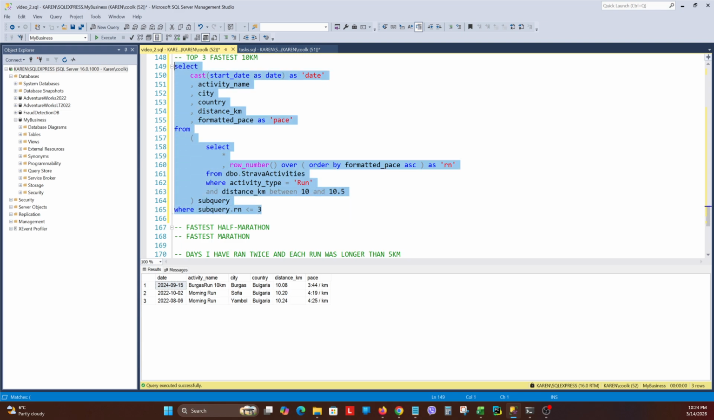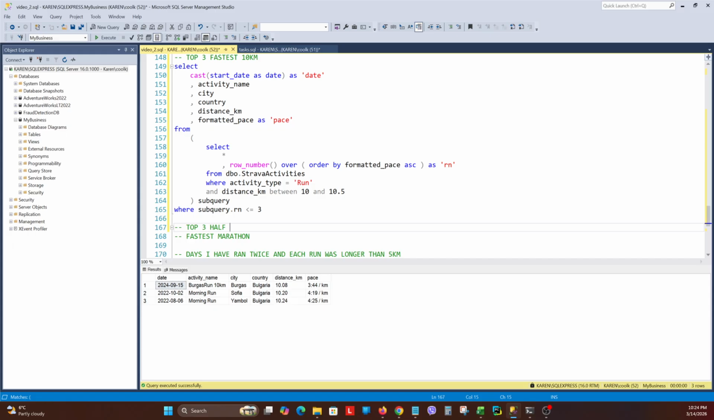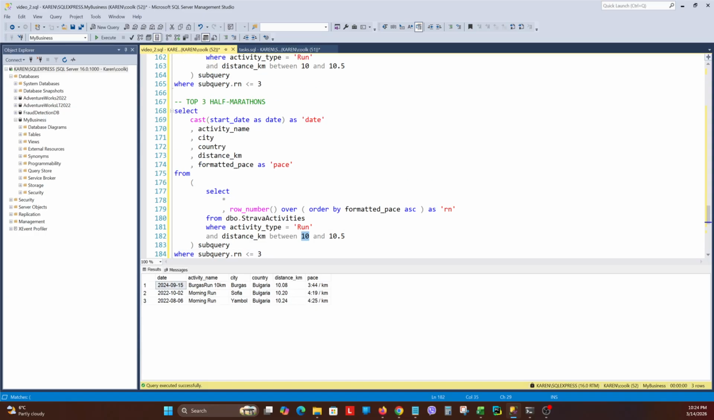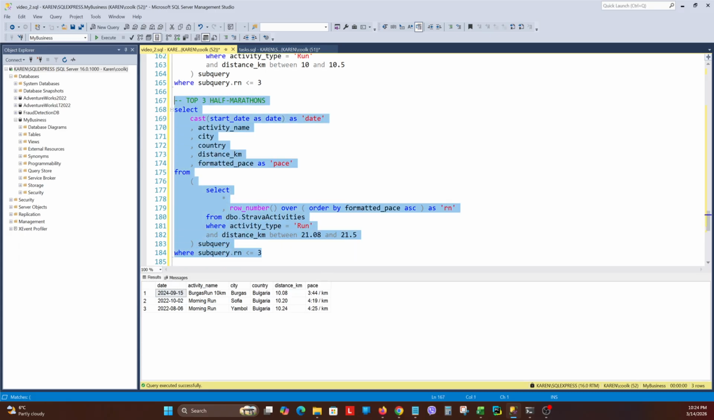And now I can just copy paste this and change this to, let's say, top 3 half marathons. And if I paste it here, I should only change this. So let's say between 21.08, I believe, to, let's say, 21.5. Everything else is the same. So if I execute it,